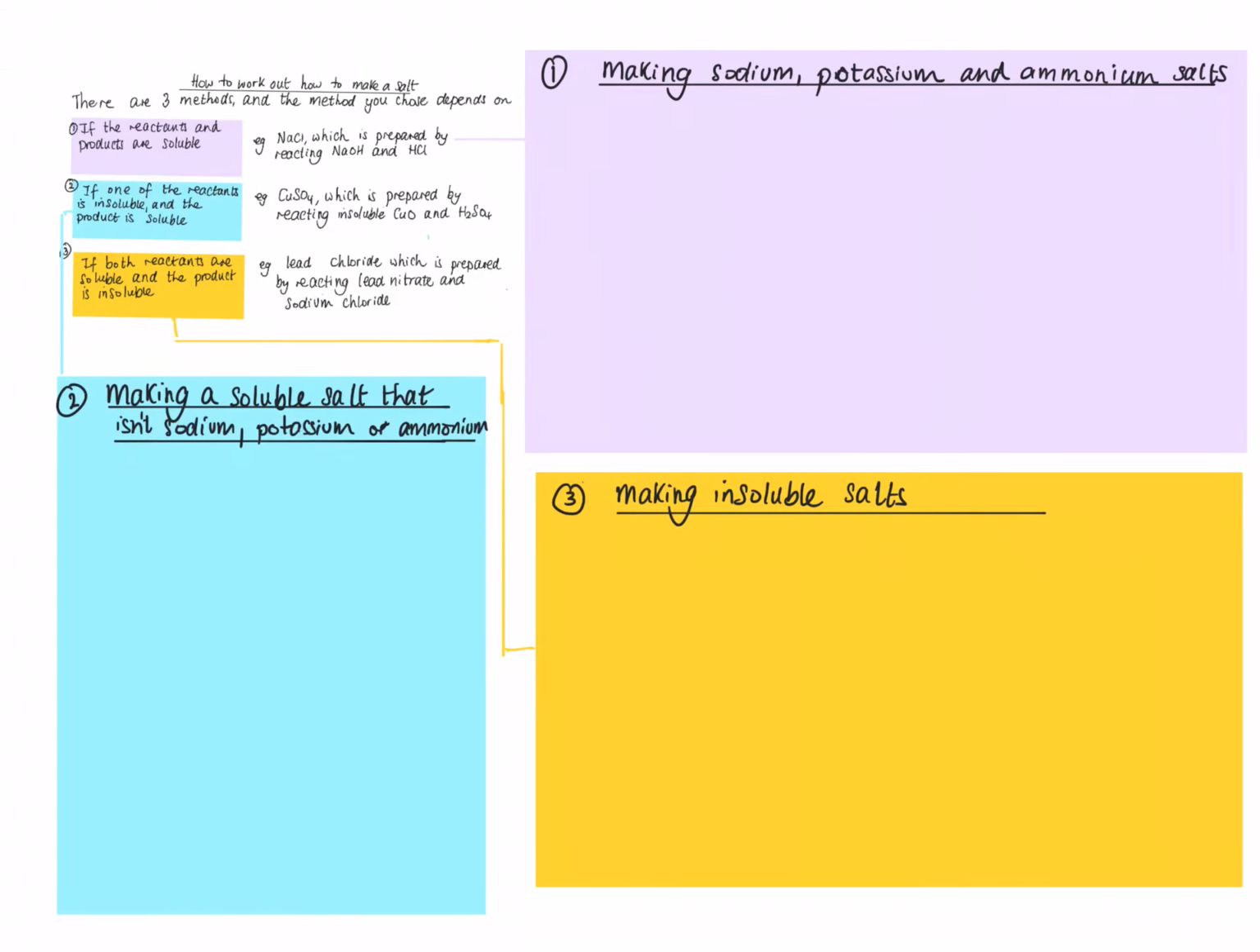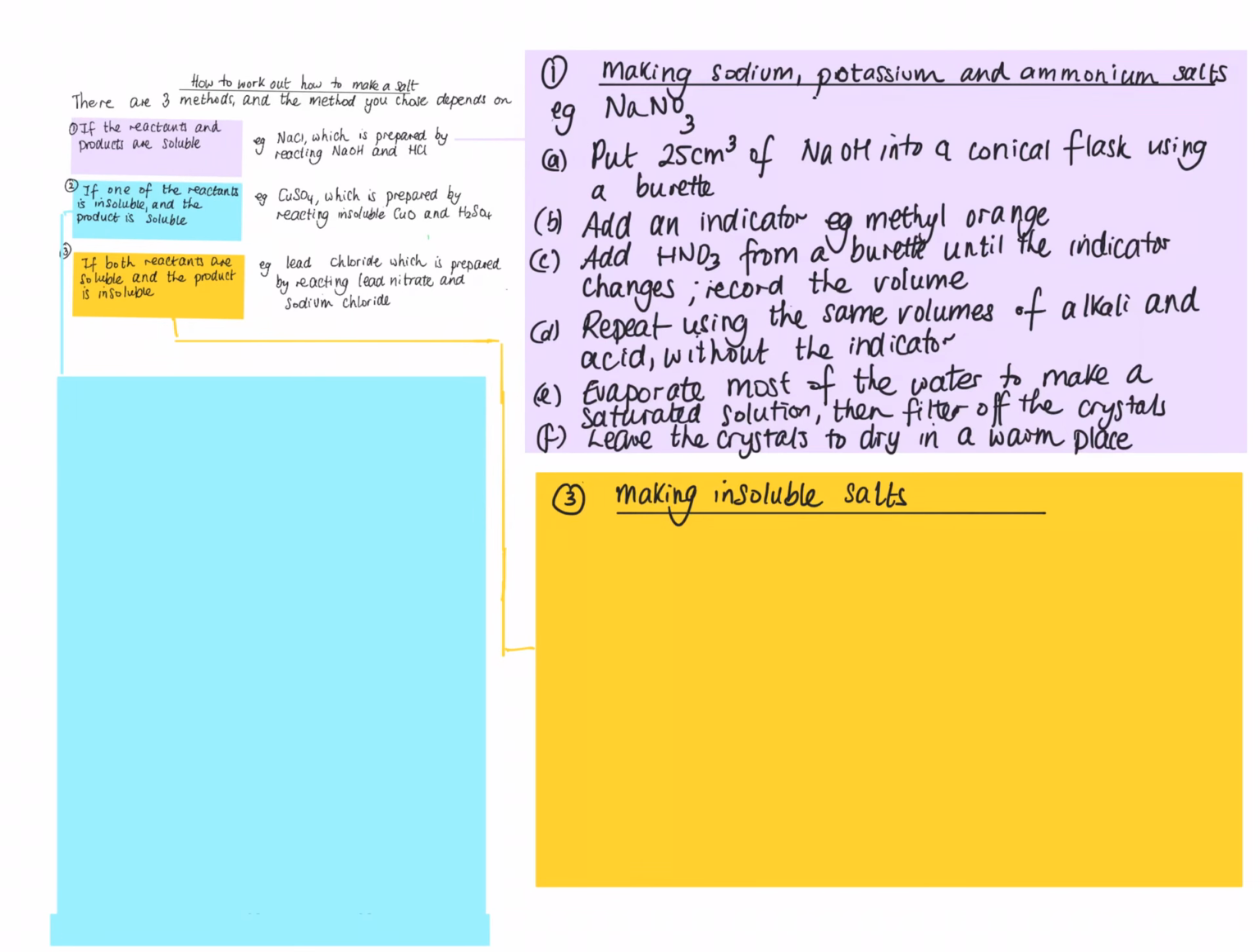But here are the three methods: making a sodium, potassium, or ammonium salt, making a soluble salt that isn't a sodium, potassium, or ammonium salt, and making an insoluble salt. So the procedure for each of these is very common. It's the same for every type of method, but you have to change the reagents, the chemicals that you're going to use. So if we want to make, for example, NaNO3, sodium nitrate, then what we have to do is